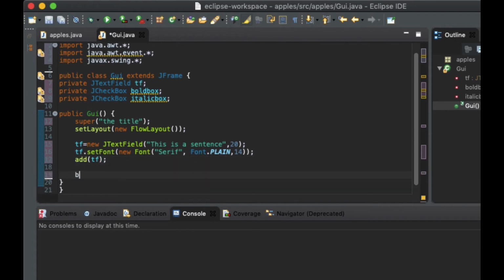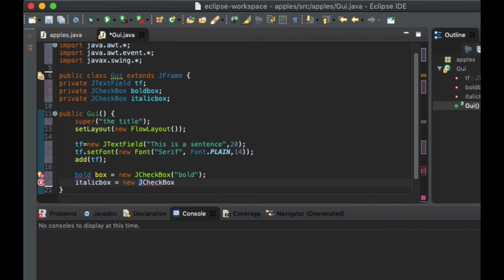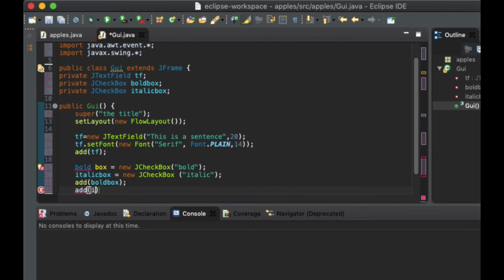The next thing is boldBox is equal to new JCheckBox, and I set this one as bold, semicolon, and the next thing is italicBox, and that is equal to new JCheckBox italic, and the next thing is add boldBox, and then add italicBox,